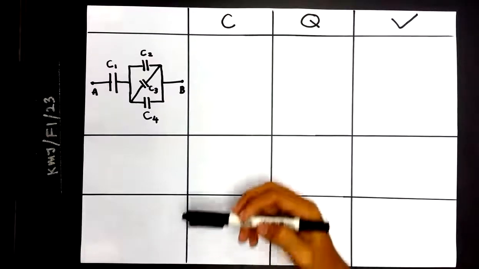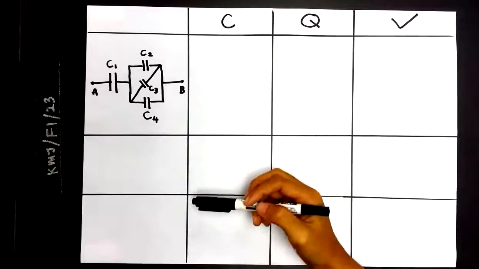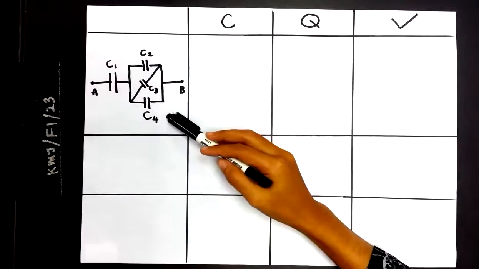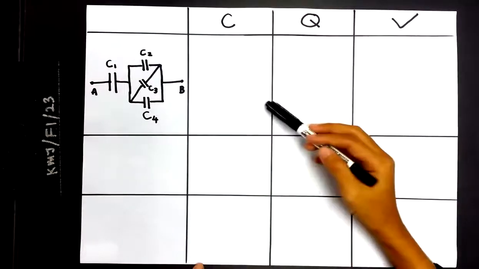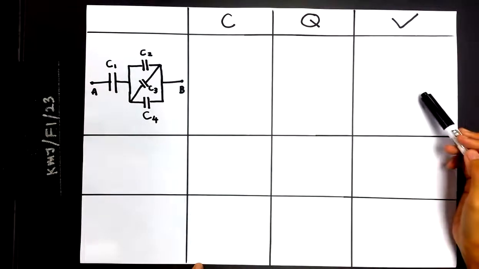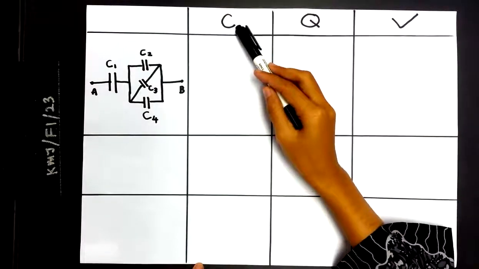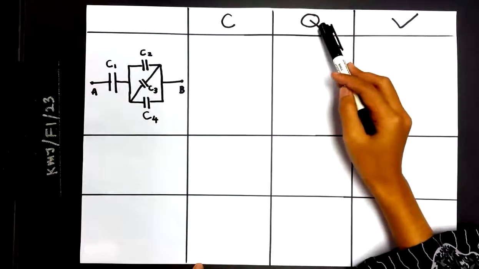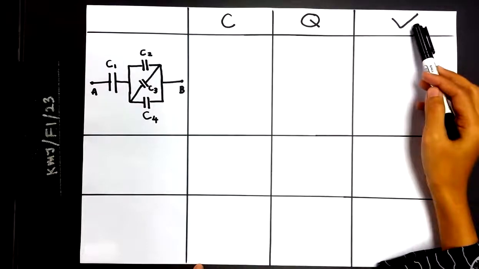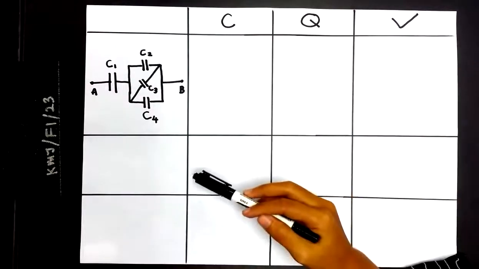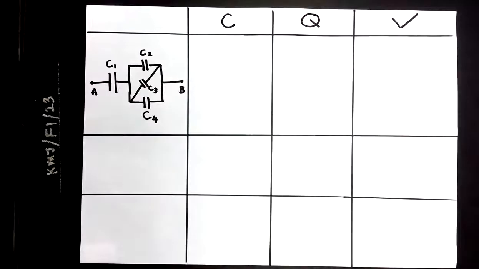Okay, so to answer this question, I have copied the circuit from the question and I have divided the paper into three parts, which includes the capacitance C, the charge Q, and the potential difference V. To answer the first question, to calculate the effective capacitance, we need to first simplify our circuit,